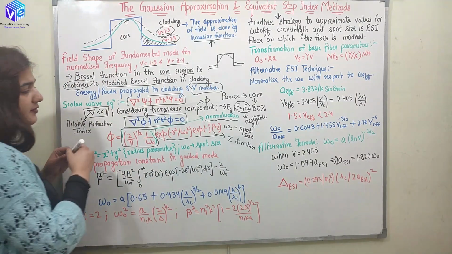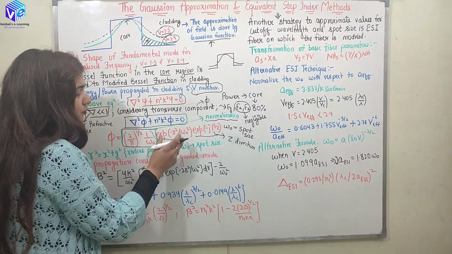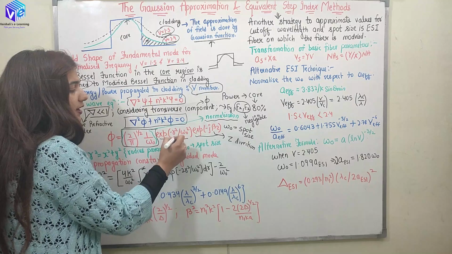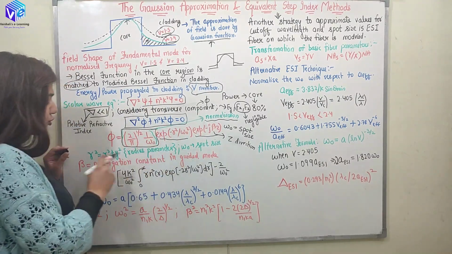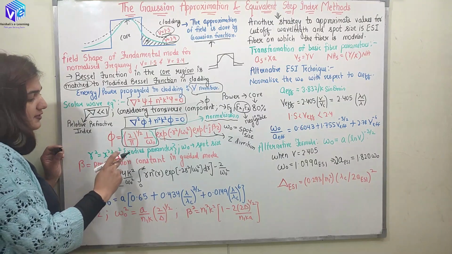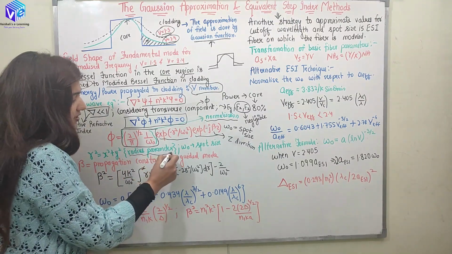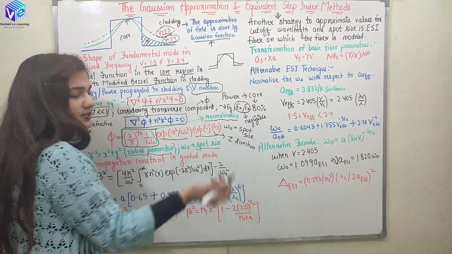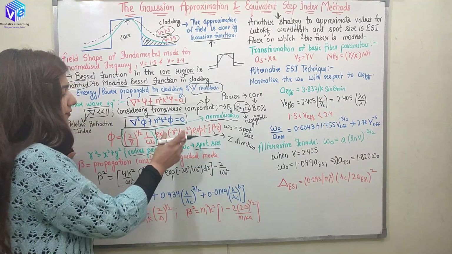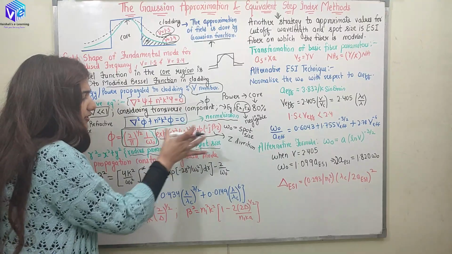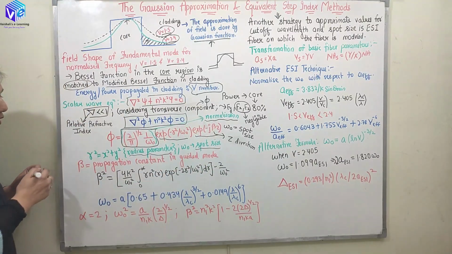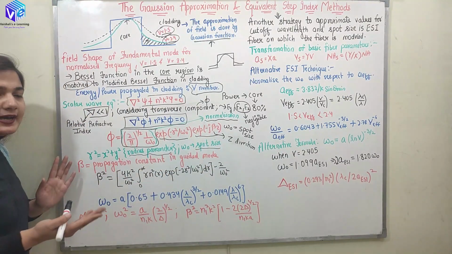So now here we have this parameter, the exponential of minus r square upon omega naught square. We know what omega naught is here. What is r square? r square is x square plus y square, which is the radius parameter. Omega naught, we know, is the spot size. So now we can solve this equation. This is just the normalization factor, we can ignore it. We can solve this equation, and now we can find out the beta with the help